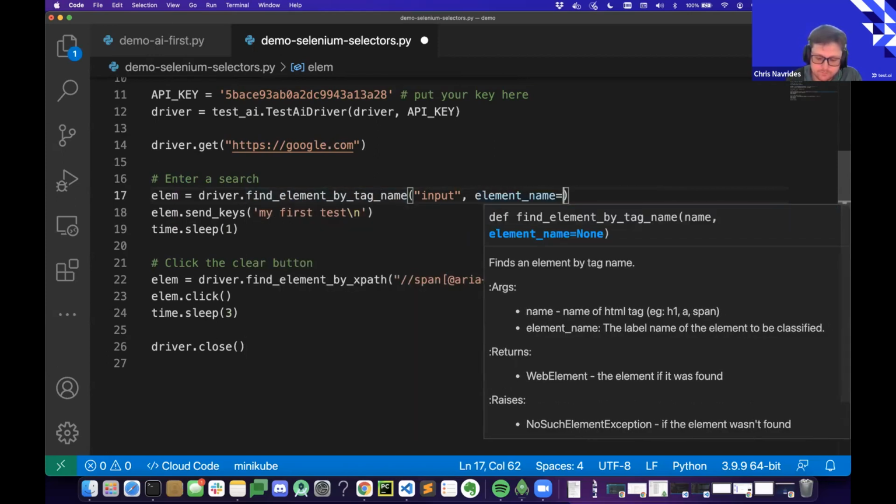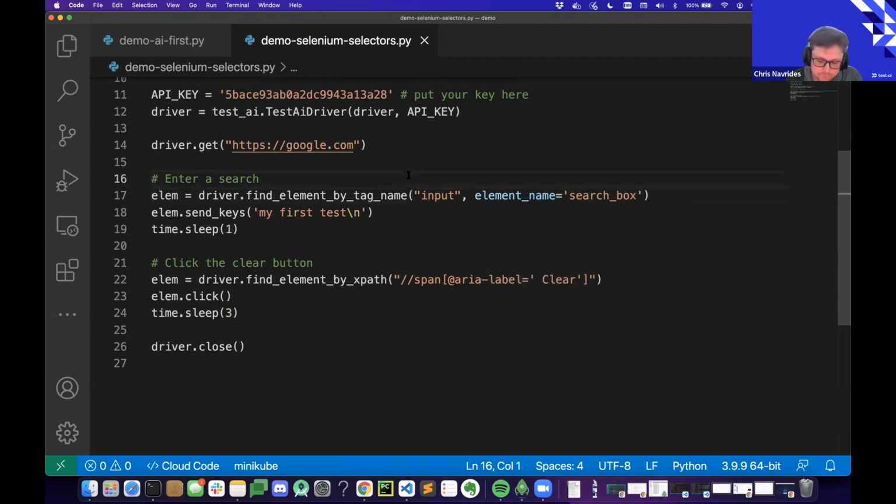So you can do stuff like this, where you could call this a search box. What that does is it merges the two: the AI first approach, where it's just the element name, with the tag name. Now we're no longer dependent on what this tag is. This could change to a div or something, and we would still say it's a search box.